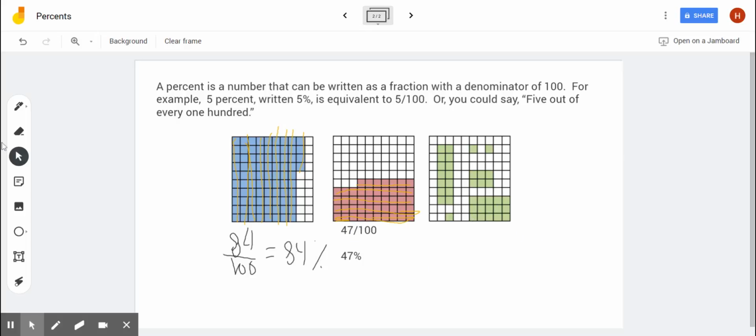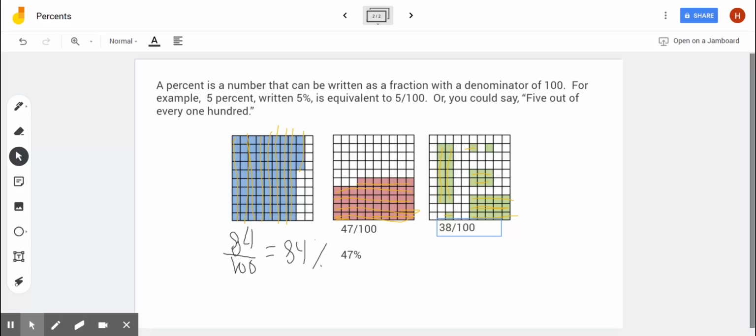And then let's do the last one together. The last one's a little bit more confusing. You got to count, right? So I know this is 5, 10, 15, 16, 17, 18, 19, 20, 21, 22, 23, 24, and then 25, 26, 27, 28, 29, 30, 31, 32, 33, 34, 35, 36, 37, 38. I may have made a mistake, so you guys can check me. 38